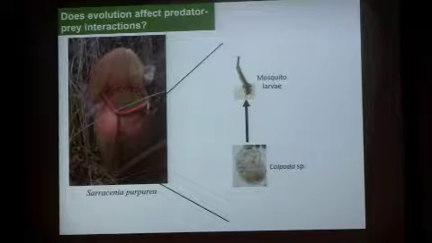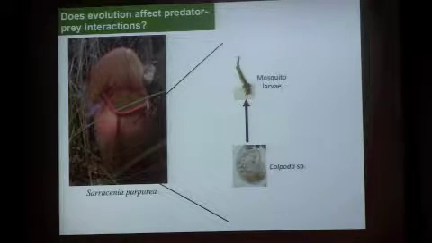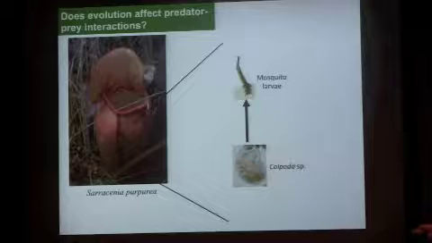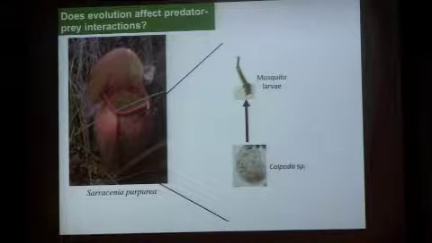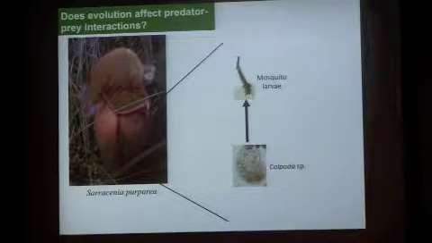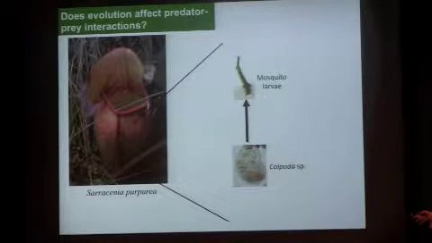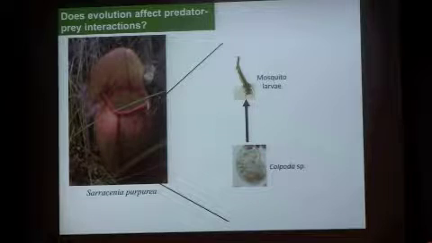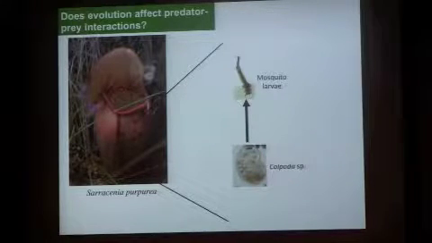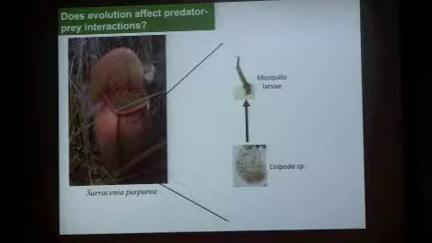So for the first part I want to talk about, I'm just going to focus on 2 species in this leaf. One is Colpoda. It's a ciliate. It's kind of intermediate in size to all the other bacteriivores in that community, and it's consumed by this mosquito larvae. So this is Wyomia smithii. And so we just do some lab experiments looking at how Colpoda responds to those mosquito larvae and whether that